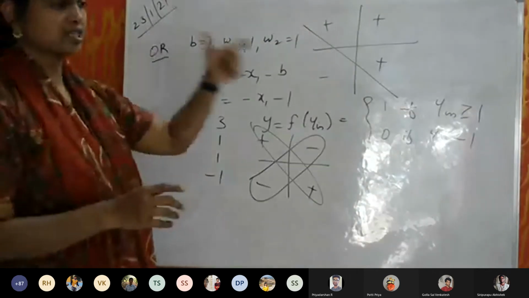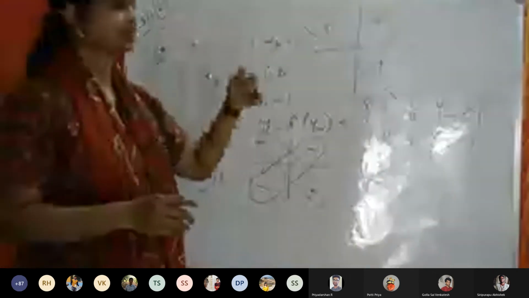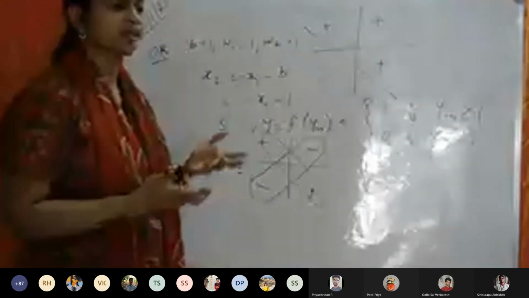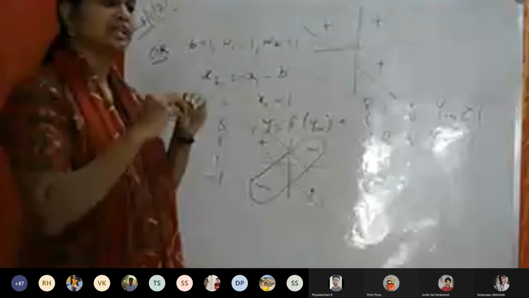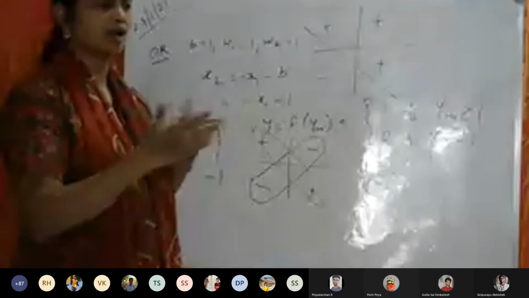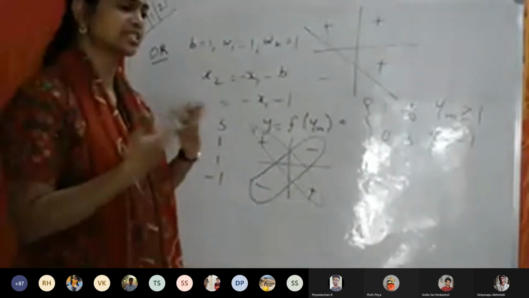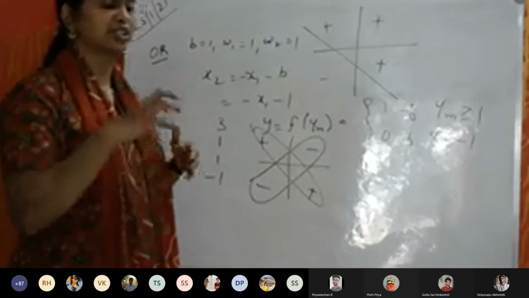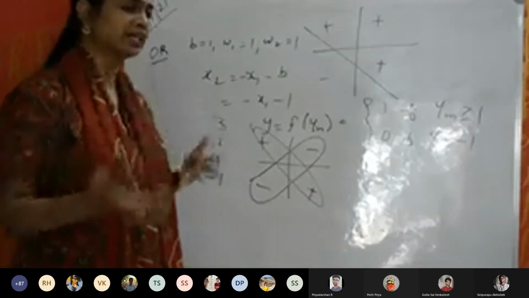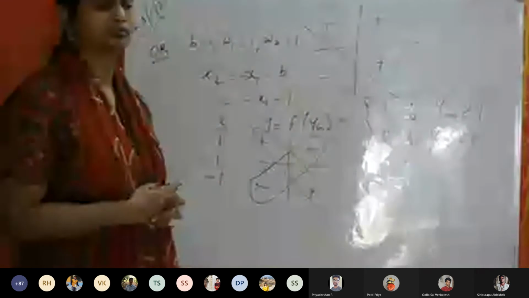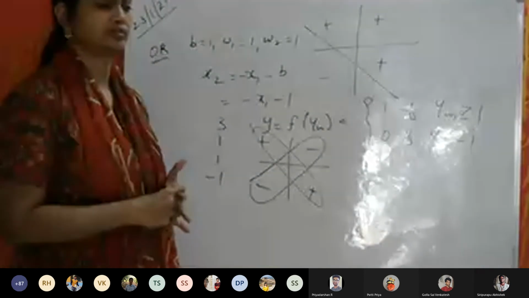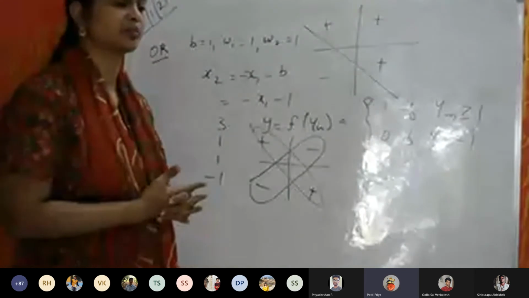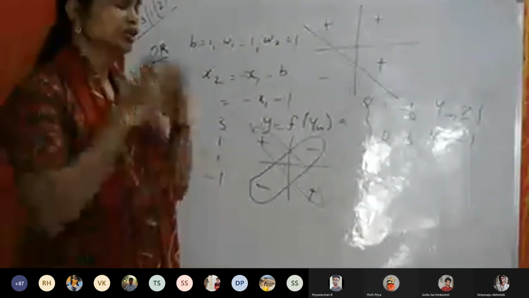For the first case alone, it has to give 1. For the rest of the cases, it has to give minus 1, isn't it? So accordingly, we have chosen. This is basically a trial and error. On trial basis only it is done and it is given for you here. But in the exams, in the questions, the B value will be directly given to you. You need not worry about what value to choose for B. B will be given.